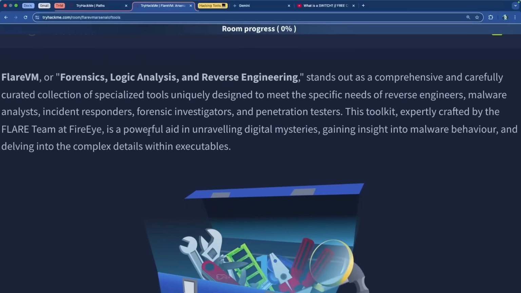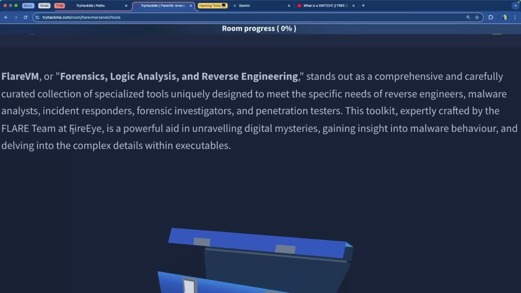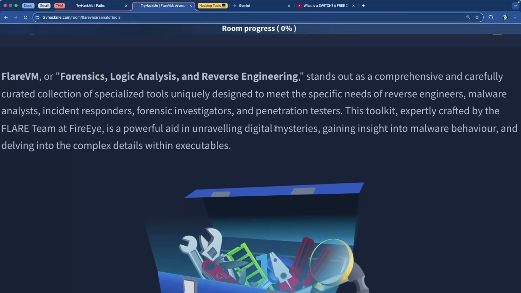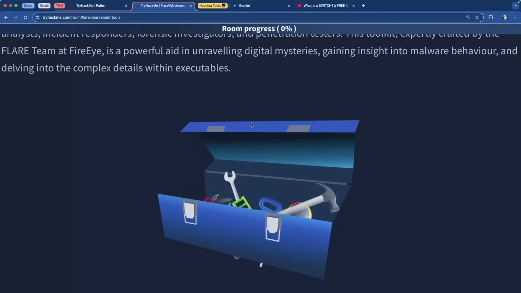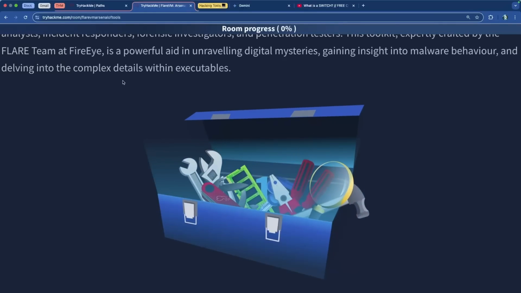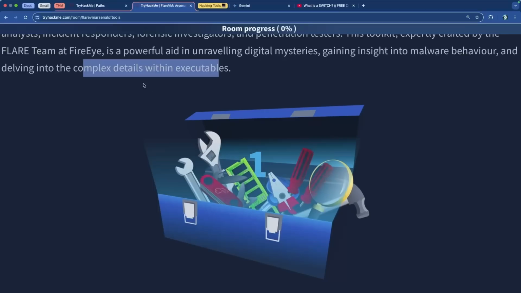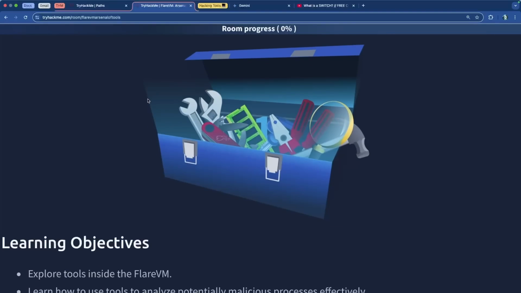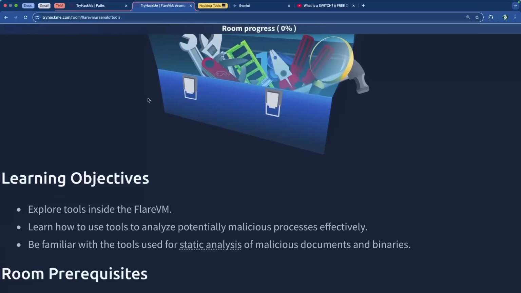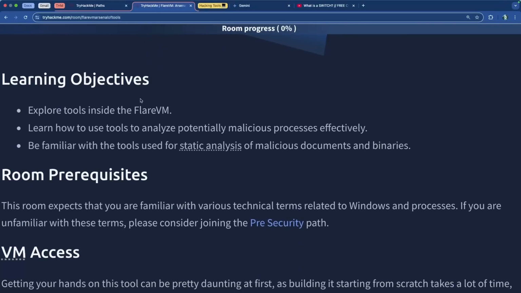This toolkit, expertly crafted by the Flare team at FireEye, is a powerful aid in unraveling digital mysteries, gaining insight into malware behavior, and delving into complex details within executables. So very, very comprehensive list of tools, it seems like. The objective for this video is to explore the tools inside of Flare VM, to learn how to use the tools to analyze potentially malicious processes effectively, and be familiar with the tools that are used for static analysis of